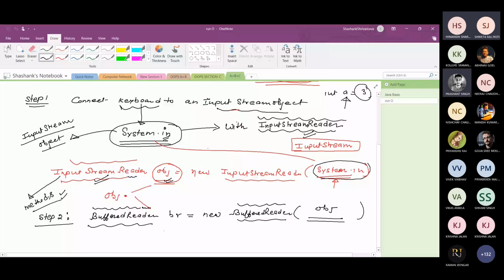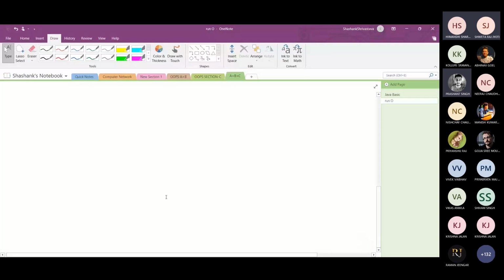Here, if we see it combined, initially System.in represents the keyboard, and with the keyboard you connect the InputStreamReader, because InputStreamReader is connected with System.in.